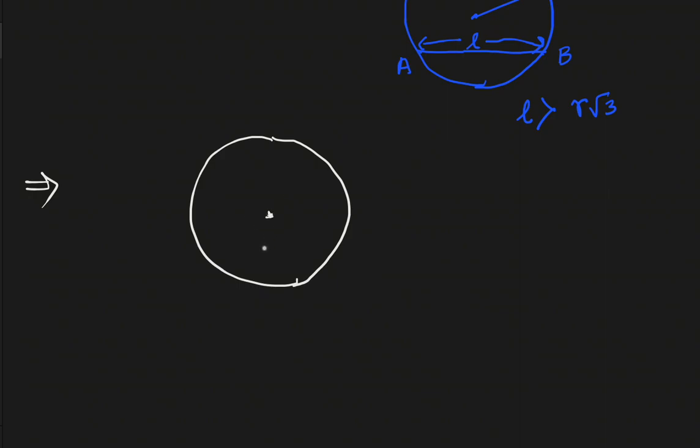Okay, now suppose there is another small circle inside. Suppose its radius is r prime, and I am drawing a tangent to this circle at this point. Suppose this is AB, right,